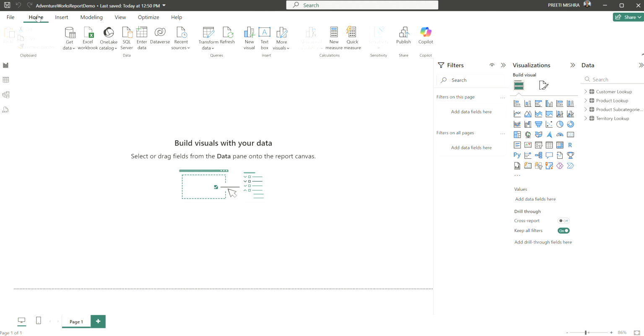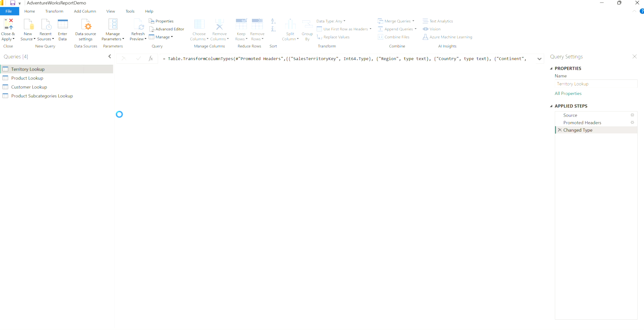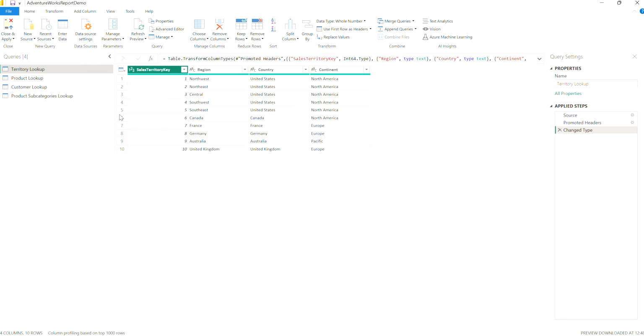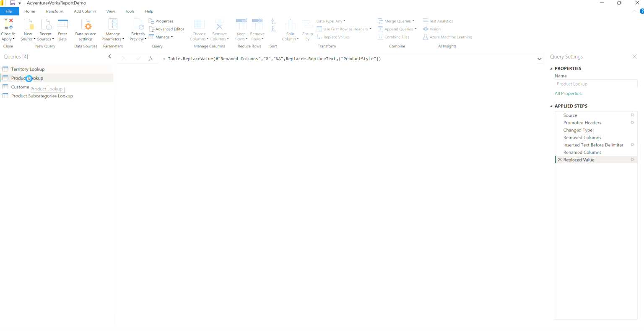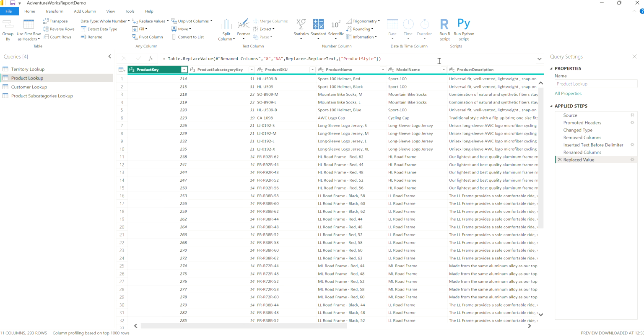Here again I am taking the same Power BI file on which I was working till now. Let's click on transform data and it is going to take me back to the Power Query editor. If you are already in Power Query editor, then you can straight away perform the steps. For our demonstration, we are going to use the products lookup table. I am going to click the products lookup table, and here we will explore what all are the numeric